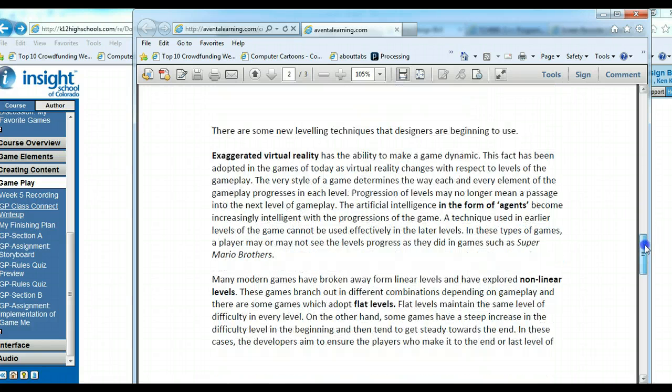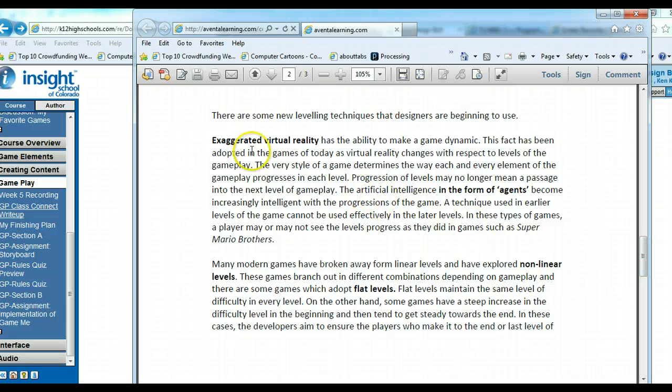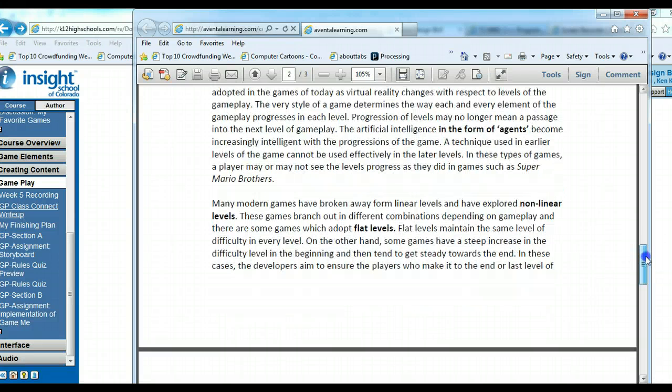Then finally it starts talking more about other leveling techniques, like exaggerated virtual reality at some levels, so you get to really higher leveling games that are extremely new generation, I guess. And artificial intelligence, they start to build on the higher levels. They put some of those greater effects in. Then finally,